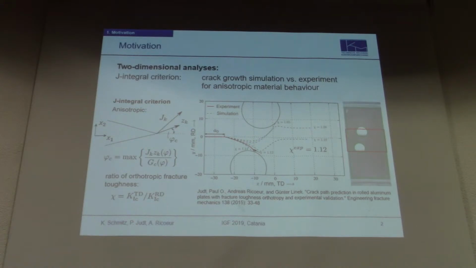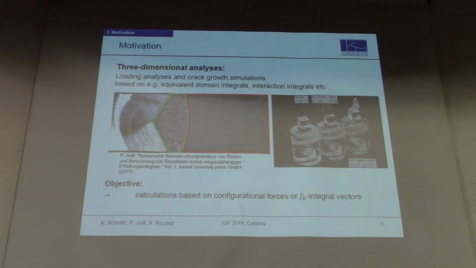And this value chi is the ratio of orthotropic fracture toughness, which depends on the fracture toughness in the transversal direction and the fracture toughness in the rolling direction of this plate. When we choose the right value for chi, which was also measured in the experiment, then we obtain the correct crack path, and the simulation perfectly meets the experiment. So this works quite good for two-dimensional problems, but it can also be of interest to observe